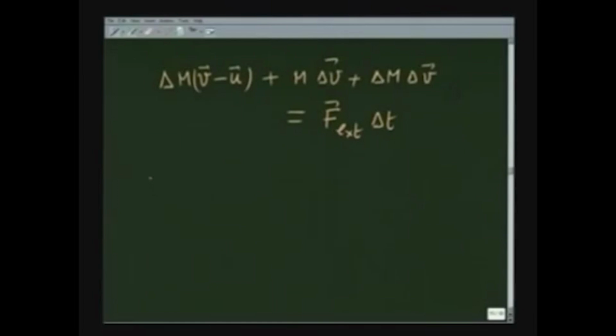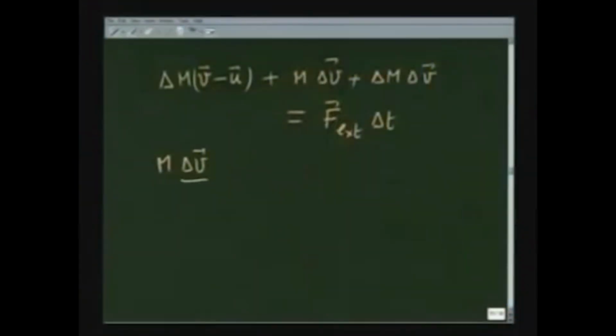Therefore, I have m delta v over delta t plus delta m delta v over delta t is equal to F external